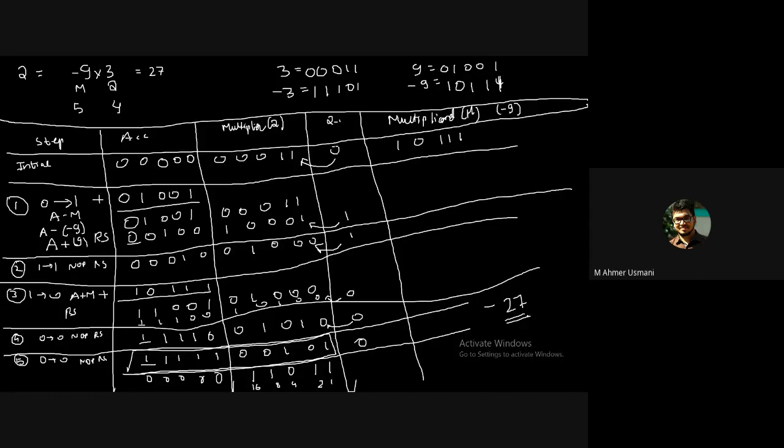Yes, sir. How many marks did you score? 10 marks. Is it that simple to get 10 marks? But don't make this mistake: if you had written the 9 as 1 0 0 1, you would get just 1 mark for attempting the whole thing. So a small mistake will drown your entire 9 marks.